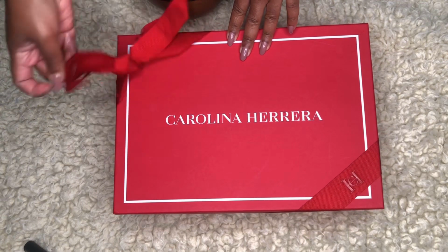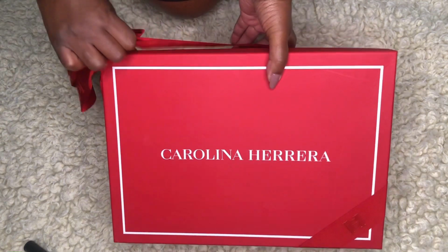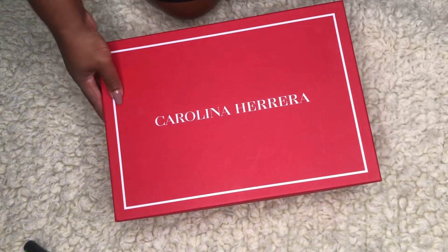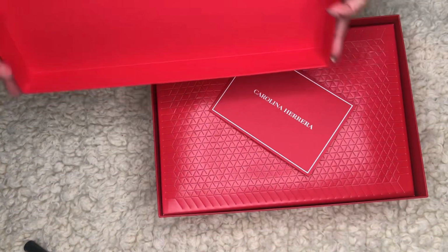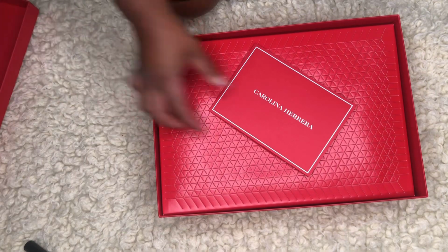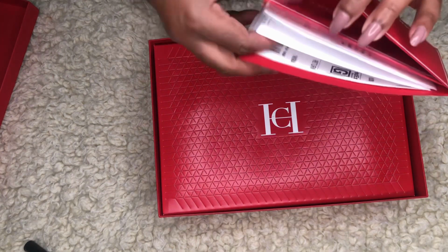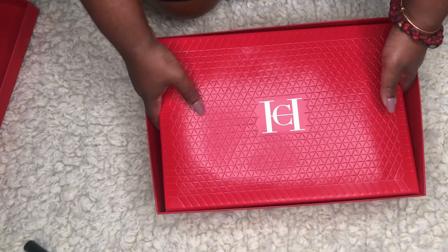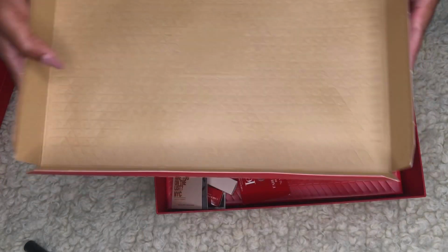So I did ask for the signature gift wrappings. Oh, look, these are reusable. Okay, I'm not gonna tear that off there. Yes. And you get 2 deluxe samples. Oh my god. Okay. Wow. And this is the receipt. You get 2 deluxe samples and 2 regular samples,